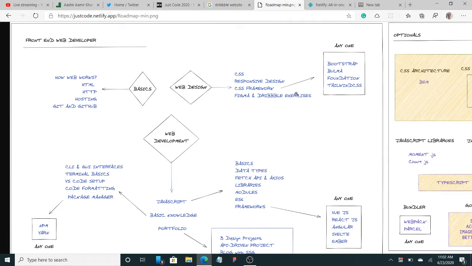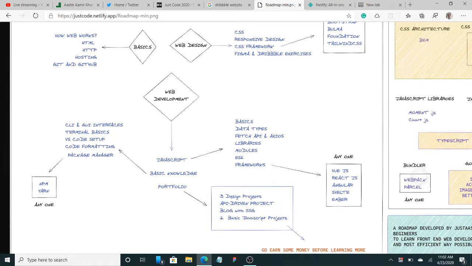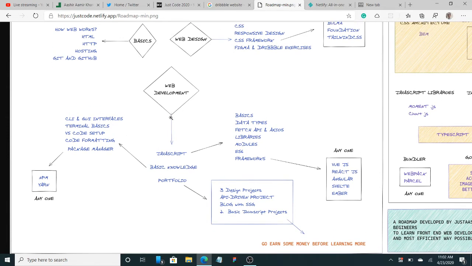It's all basic. Okay, so the next thing is the web development part. The web development part is for JavaScript. So the basic web development part is just JavaScript. JavaScript will be your first programming language, or maybe not.